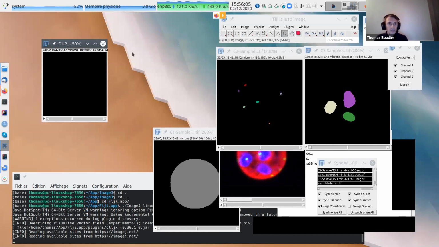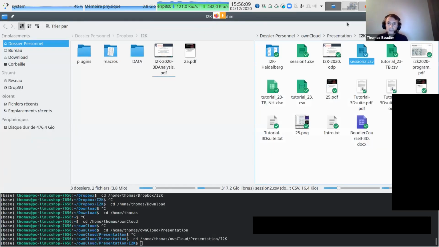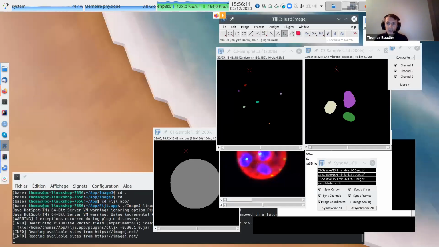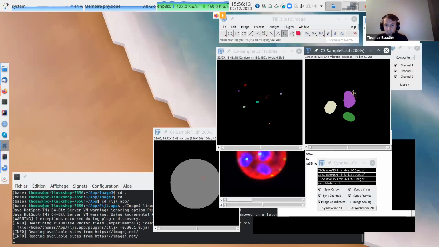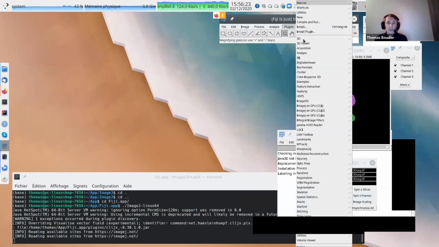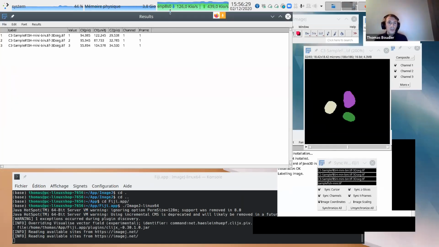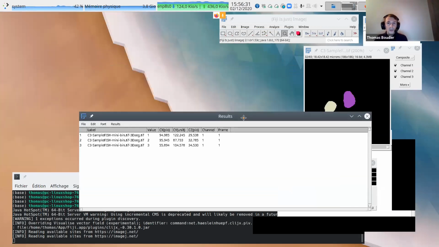I have 3 objects here, and I want to do some measurement on these 3 objects. So you select this image, then plugins, 3D centroid, just to show you the idea. So you have the result table with 3 lines.